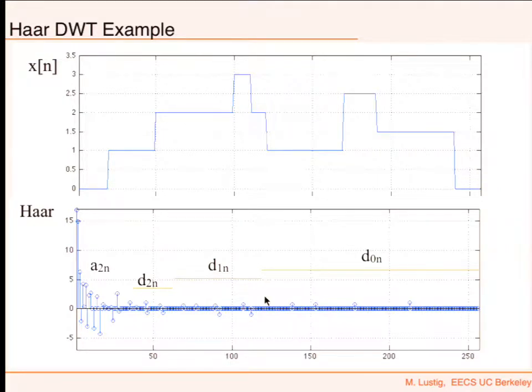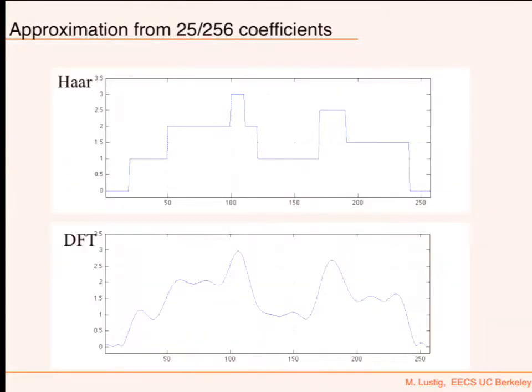Think about it. This is compression. Actually, JPEG 2000, which is an image compression standard, uses the wavelet transform for compression. So I could also, for example, just store the largest 20 coefficients and hope that it would approximate my signal better than any other type of coefficients. And here's an example. If I reconstructed using 25 Haar coefficients, I get a perfect reconstruction of my signal.